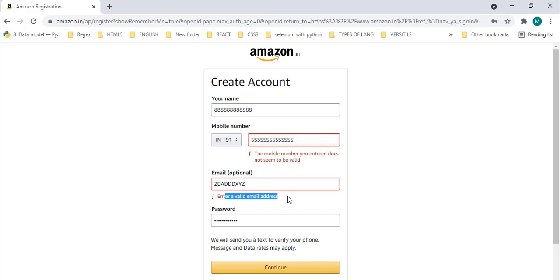So the thing which I need to explain is we need to follow a particular order. In the name field I will have to enter my name.